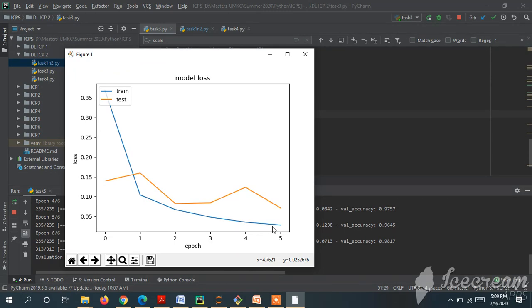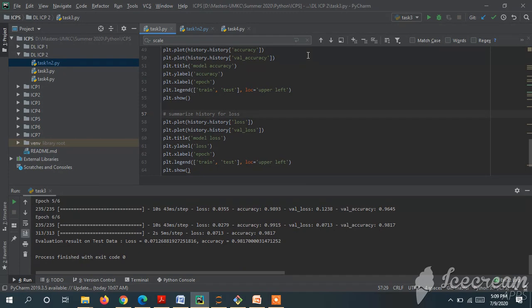If you see here, the accuracy is 98 percent, which is slightly increased from the previous. As we have increased the dense layers, the accuracy rate has increased. The loss is 0.7 percent, which is reduced from earlier as we increased the dense layers.